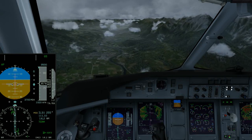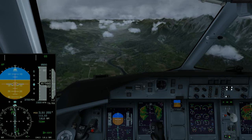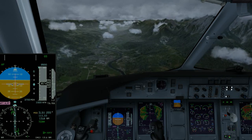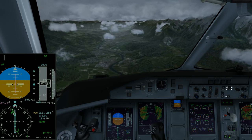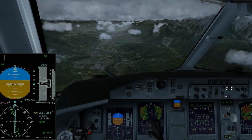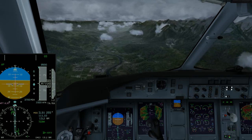So if you look at the power descending down in the corner there, you can see we're pretty close to idle, and yet we're still just barely keeping it under the max flap speed of 150 here. This is why you need to be configured when you start. If we didn't have flap 35, we would not have enough drag to keep us slow on this steep approach. This is only 3.77. It's not as steep as the Dash 8 can do, but